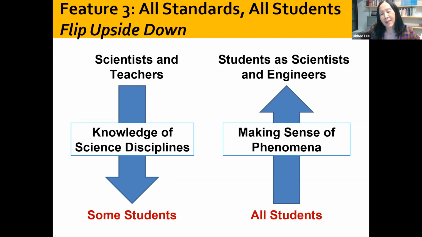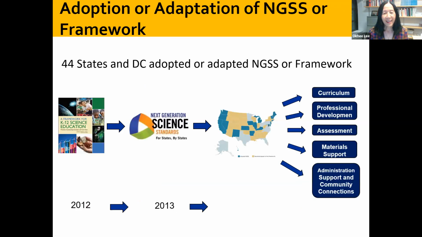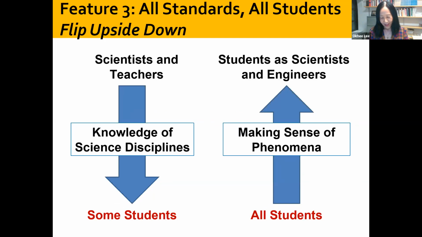Now, I was a member of the NGSS writing team, and I actually had the honor of leading the NGSS diversity and equity team, working with six really committed members of the NGSS writers for a couple of years. So we are very proud of the work that we have done. When the first states adopted, and Oregon was one of the first, and then it kept going, and 10 states adopted, I thought, oh, that's pretty good. 20 states adopted, and I said, I think that's going to be the maximum.